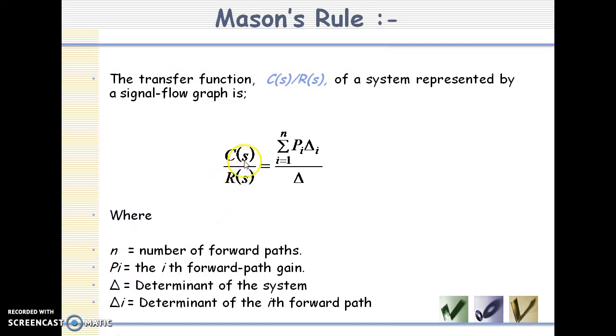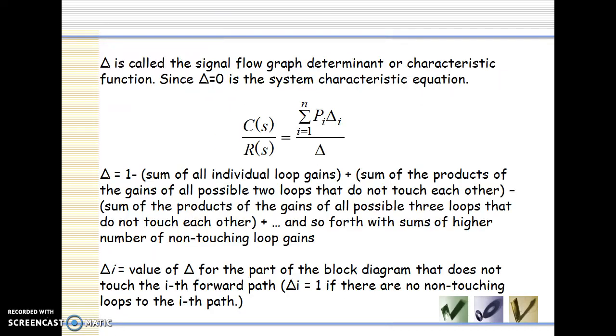C(s)/R(s) is output by input in the S domain, and it is called the transfer function. With this single formula, we can calculate the gain of the system. Now, delta is called the signal flow graph determinant, or the characteristic function, since delta equal to 0 is the system characteristic equation. C(s)/R(s) is equal to sigma i equal to 1 to n of Pi into delta i by delta. In order to calculate delta, the formula is delta equal to 1 minus the sum of all